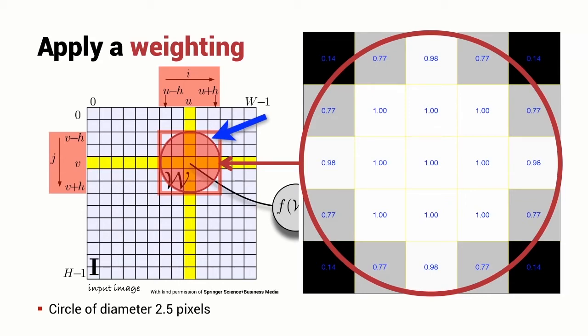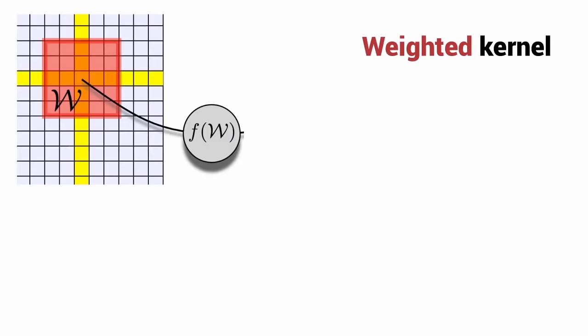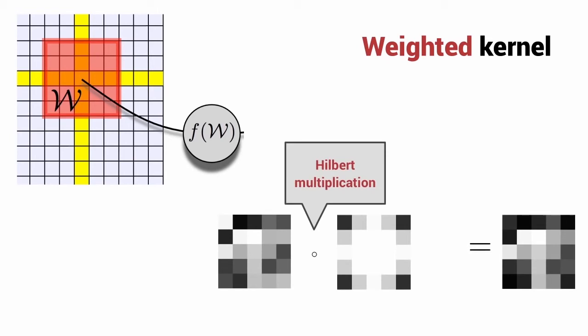How do we use this weighting matrix? Well, what we're going to do is to take all of the pixels from the input image, and here's an example of a set of pixel values, and we're going to multiply all of the pixels within the window by the weighting matrix. And this is an element-wise multiplication, sometimes called a Hadamard multiplication. So we take corresponding elements from these two matrices, multiply them together, put the result into the corresponding element in the output matrix. So over here we have the pixel values from the original image, but we've multiplied them by the weighting matrix so that the ones in the corners have got a lower value, less able to influence the